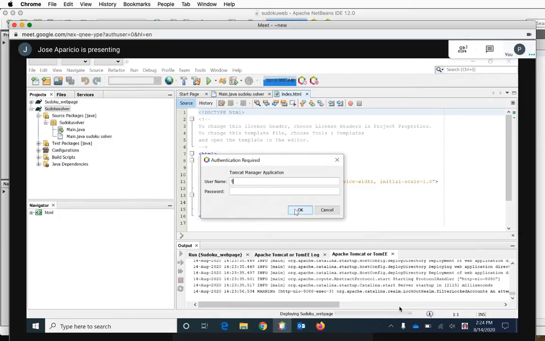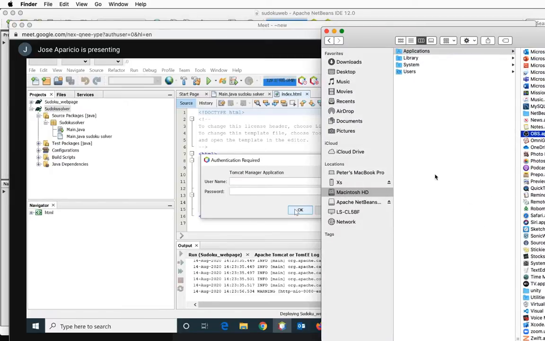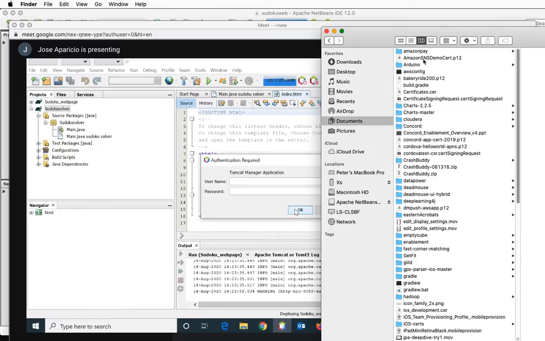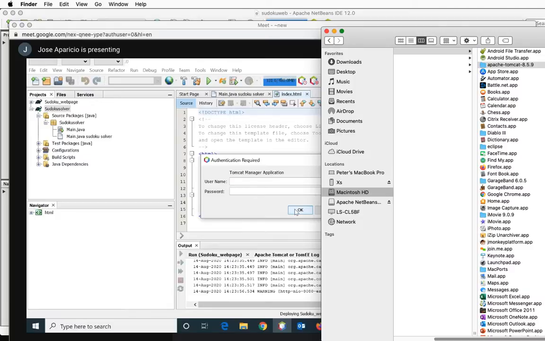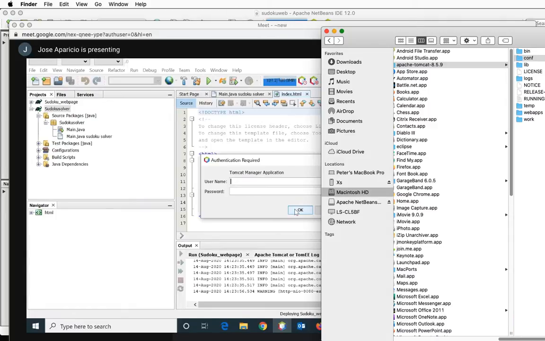Let me just double check here. Let me look on my system and I'll tell you. The way you can tell is if you go under the Apache Tomcat folder, there's a conf folder, and under there, there's this thing called tomcat-users.xml. And if we open this with a text editor,